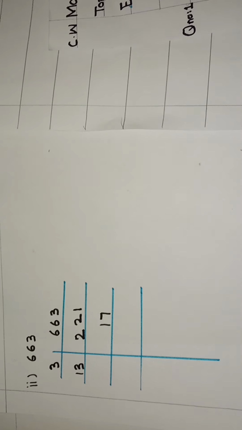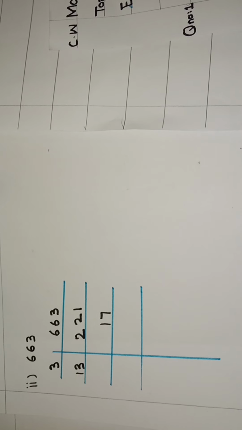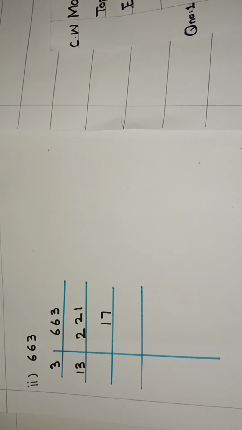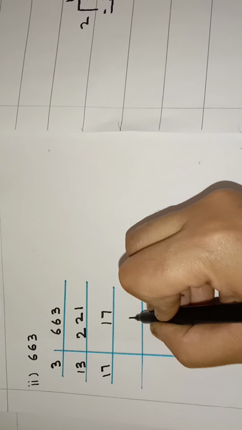Okay, to find this out, you will check in the prime tables only. For example, if it does not occur in 3, then you will check in 5. It definitely does not occur in 5, then you will check in 7, and then in 11, and then in 13. So it occurs in 13, 13 17s are 221. You can check by doing simple long division. Now 17 ones are 17.